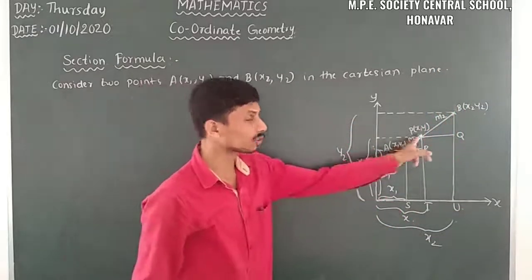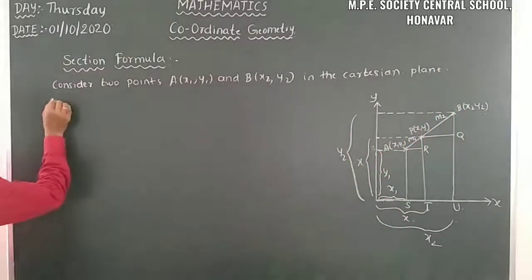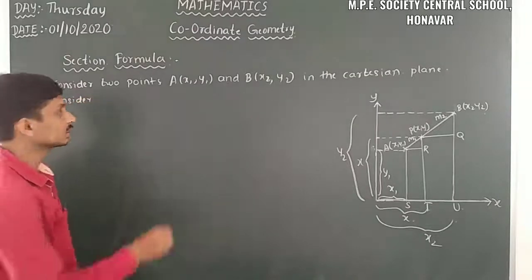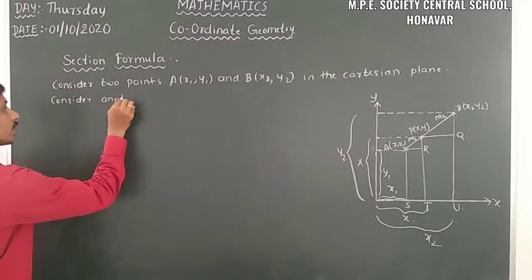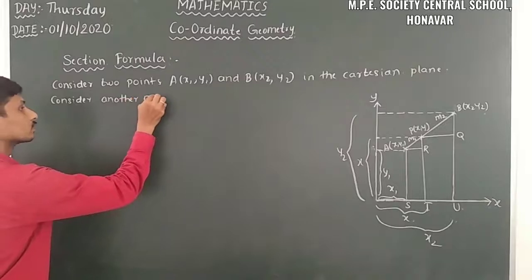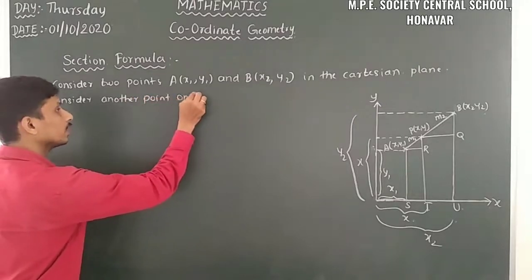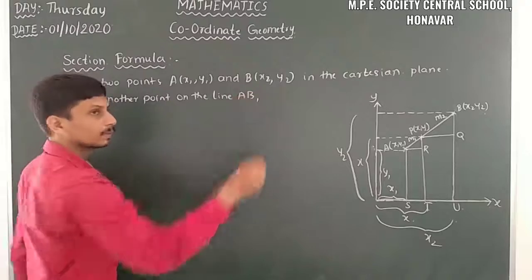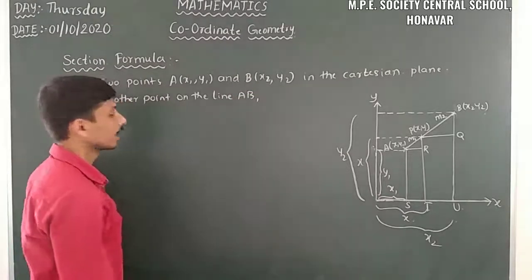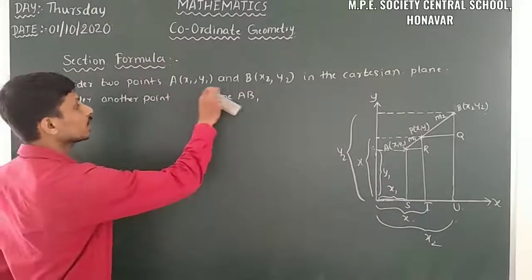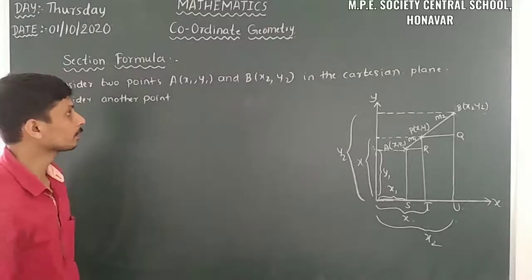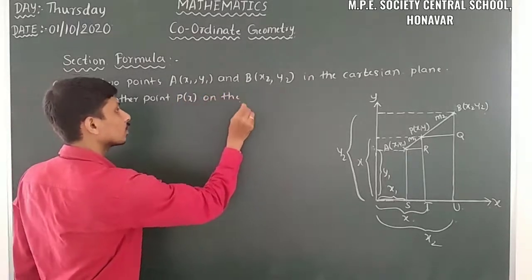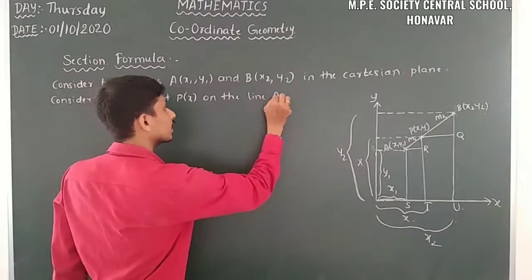Then after that we have to consider another point, P of x y, on the line AB. Another point we have to mention. So what is the other point? It is P of x comma y on the line AB,